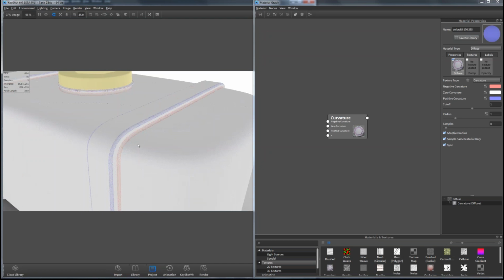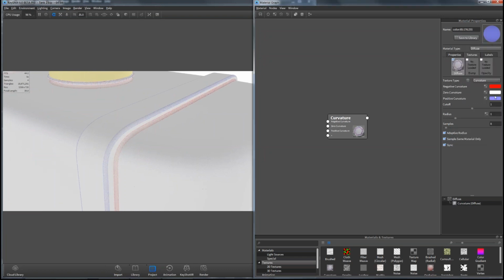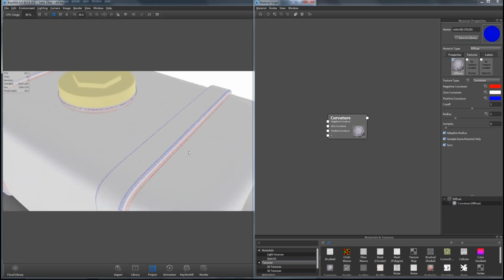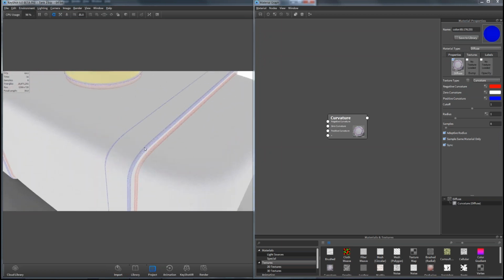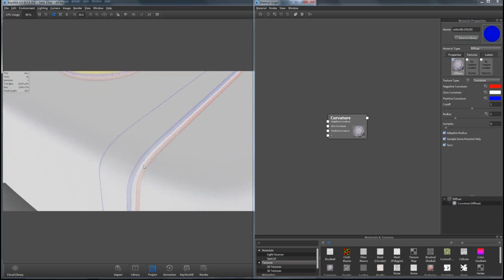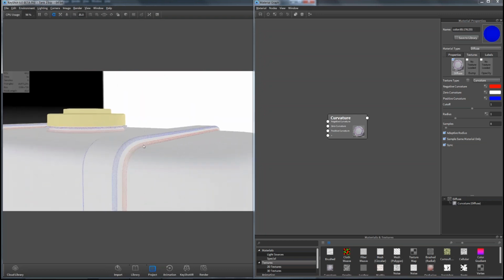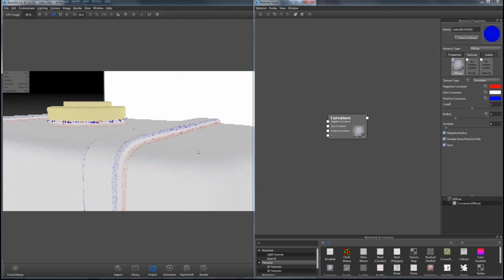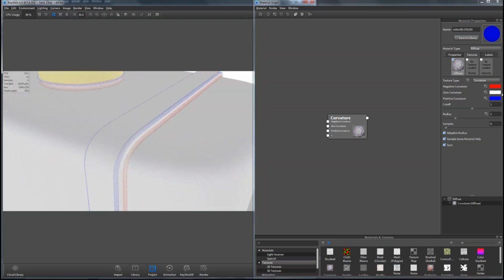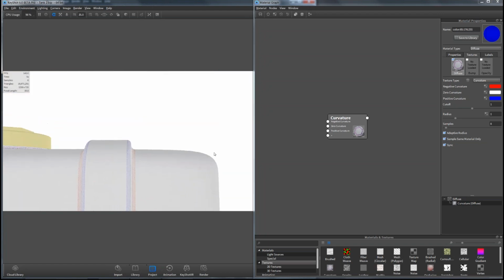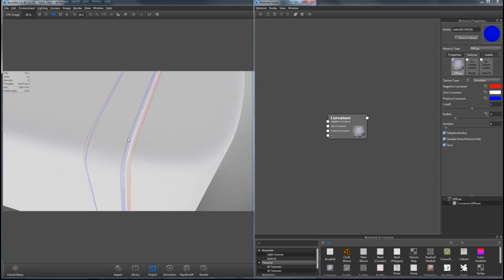But we're going to use this in the material graph, so I want everybody to actually know what's going on here. If I take a look at my model or my material on the left-hand side, it's assigning a color based off of the curvature of my geometry. Anything that has a negative curvature, like the inside of this part right here, is going to be red. Everything that has zero curvature, like all my flat surfaces, is white. And my positive curvature, my edges, where I have a nice radius here, or even a big radius right here, are going to be represented with blue.